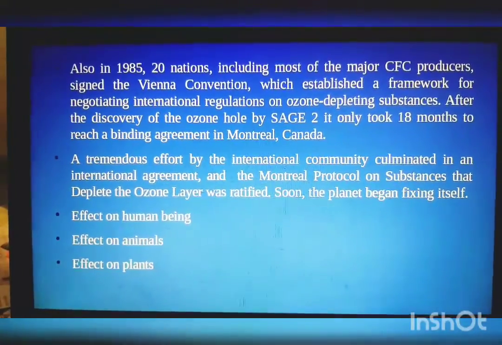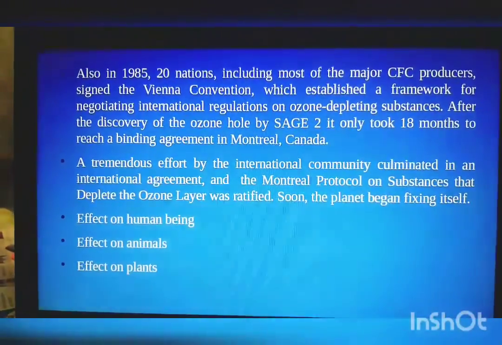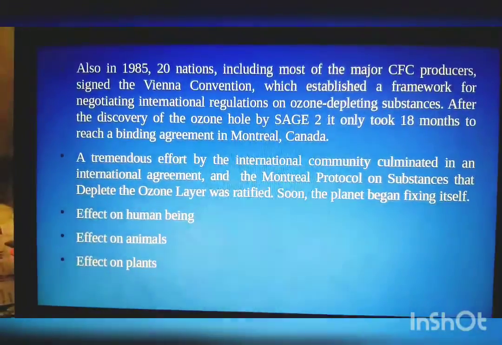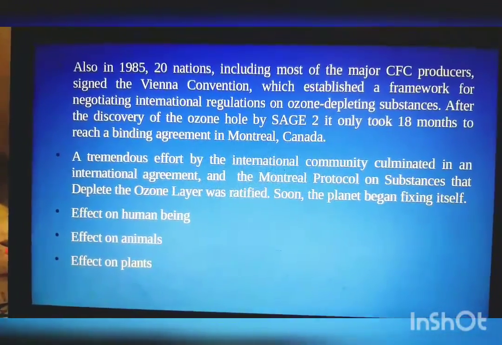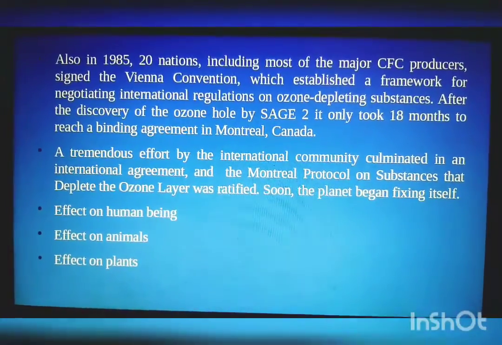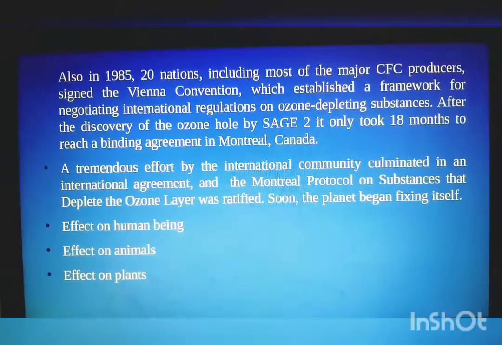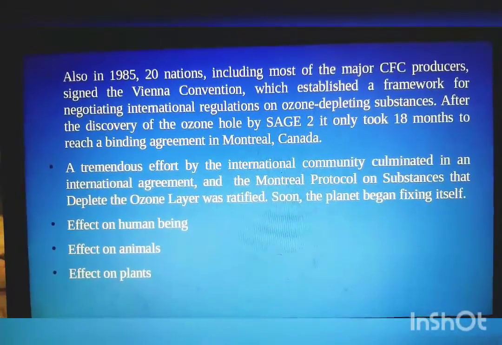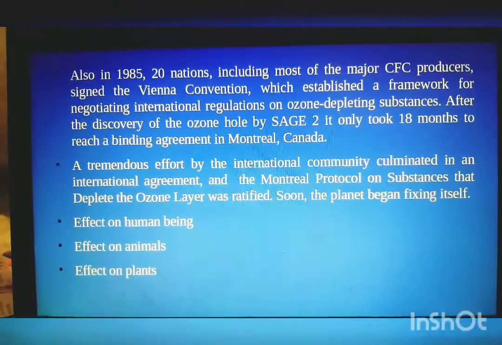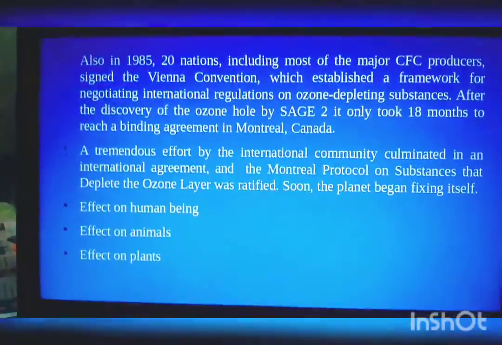The effects made on animals. High UV rays have shown that there has been epithelial damage in whales due to the thinning of the ozone layer. More sun damage has been noticed in many aquatic animals due to ozone layer depletion. And the effects made on plants. Increased UV rays can affect plants' life by damaging them under extreme exposure of UV rays. Plants' growth will be affected as well.